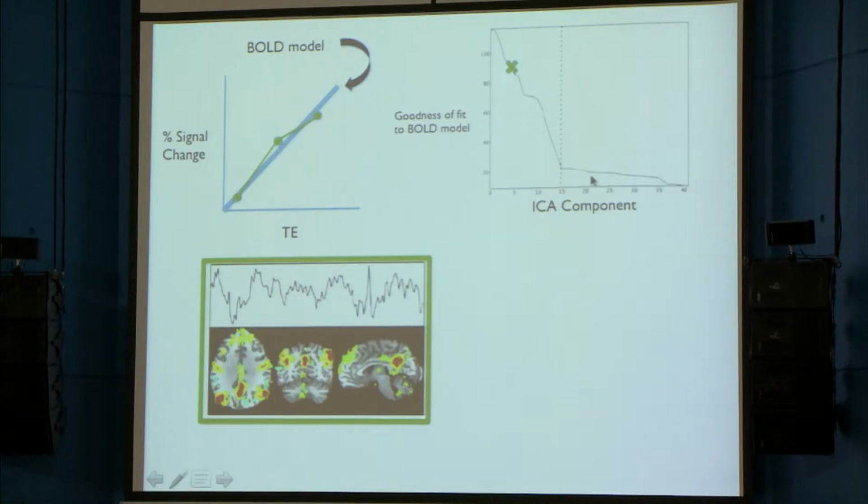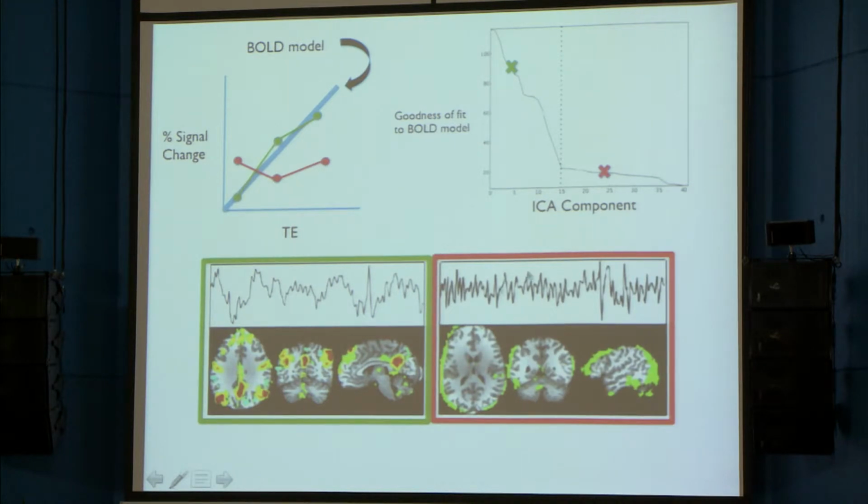And so that's real. This is the default mode network right here. It shows this nice correspondence to echo time. And if we were to sort our ICA components based on how well they fit this model, it separates pretty nicely into this curve with this elbow. You have all these noise or non-fitting components and all these fitting components right here. Some of the non-fitting components are easy to identify just by eye. You can see the edge effects of movement here, which is a bad ICA component that doesn't fit this echo time dependence.